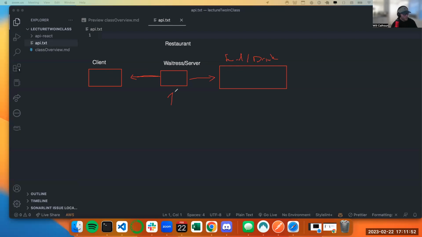This here is what our API is going to be, right? It is something that takes in a request. Oftentimes it's going to be an HTTP. There's other types, but HTTP is going to be a very popular type of request. And we'll see what that looks like here in a second. And says, okay, you've given me this request. What do you want me to do?